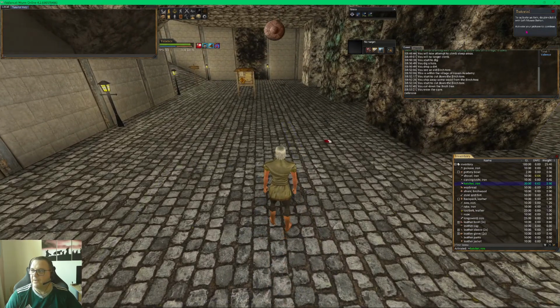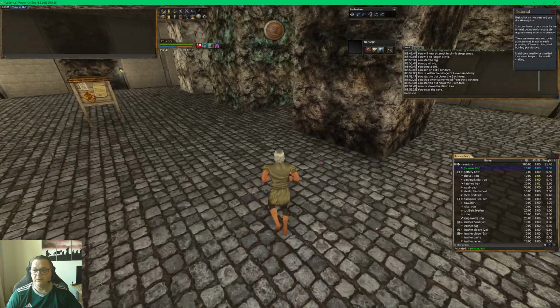Okay, once we start, now activate the pickaxe to continue. There it is. Continue. Right click an iron vein and use the mine option. You only have to do it once for the tutorial, but normally a cave tile requires many actions to destroy. That's true. There are many ores and rocks you can mine in Wurm, each providing different crafting and building possibilities. Metal ores need to be smelted into metal lumps to be used. So,